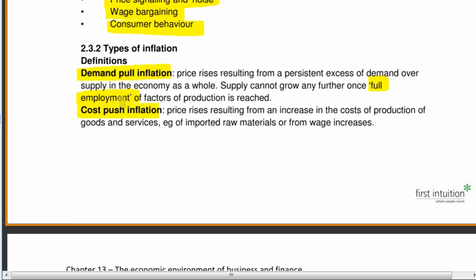The other type of inflation, which is particularly in point at the moment, is cost push. Prices are going up because of an increase in the cost of production. In particular from imports. So the price of imports, the price of raw materials, importantly the price of oil, for instance, goes up. Firms have to put their own prices up. If their costs are going up and they're trying to preserve profit margins, they need to put their prices up. And again, that triggers inflation in the economy.